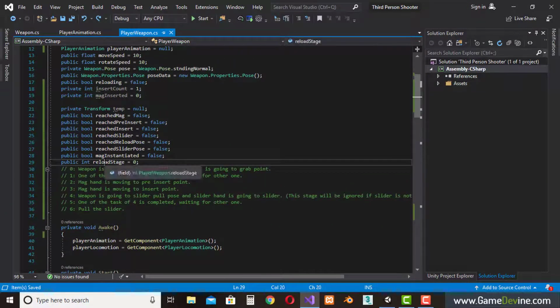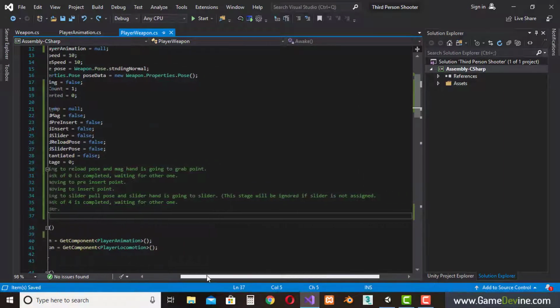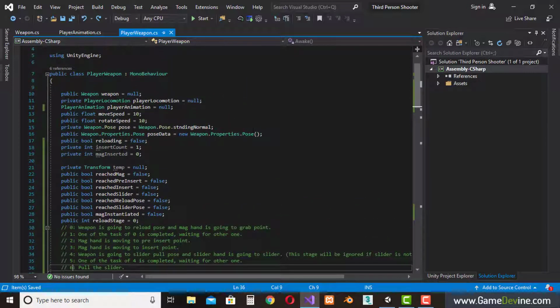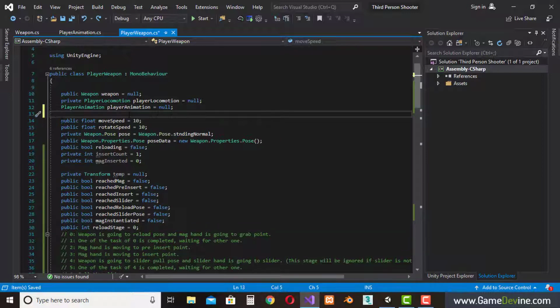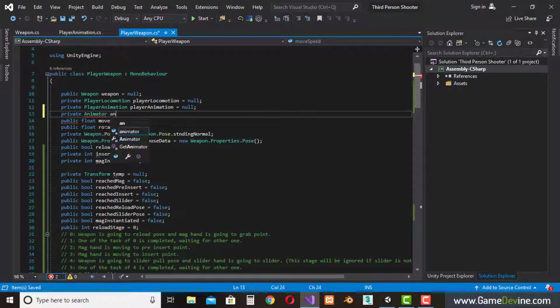This is the reload stage, and I wrote this down for you guys so you could understand what's happening in the different reload stages. We have everything. Nope, we need a reference to our animator, of course. Let's say private animator,